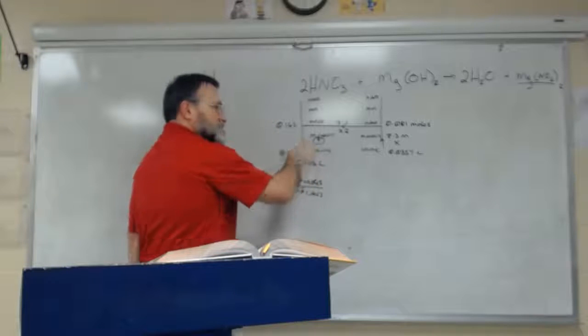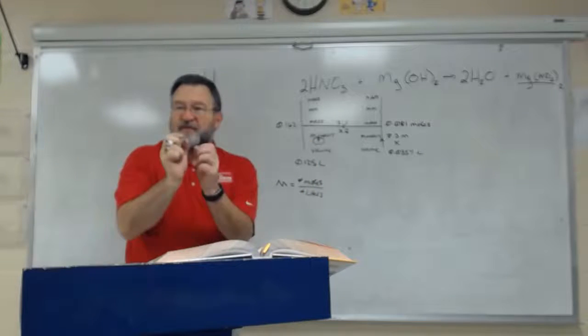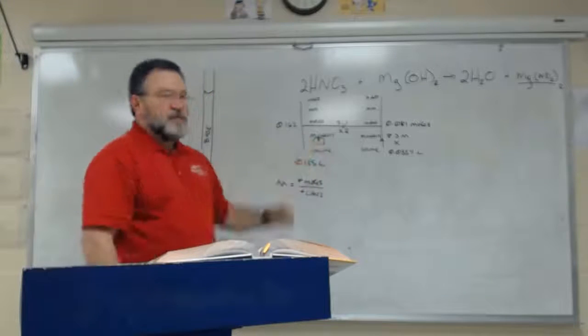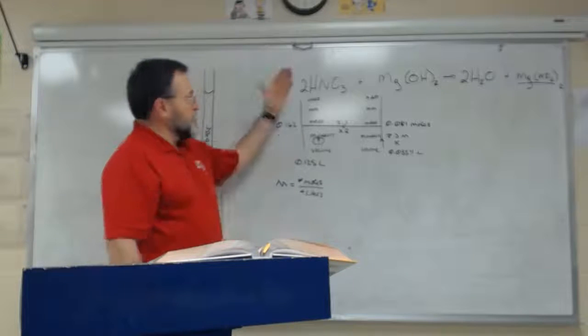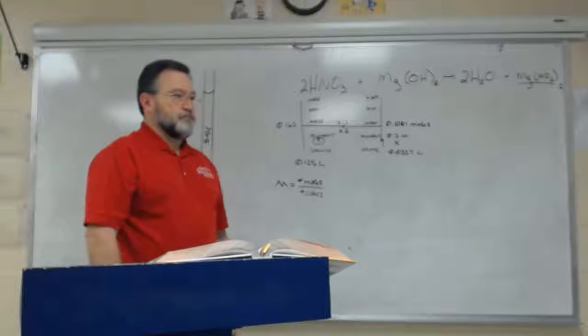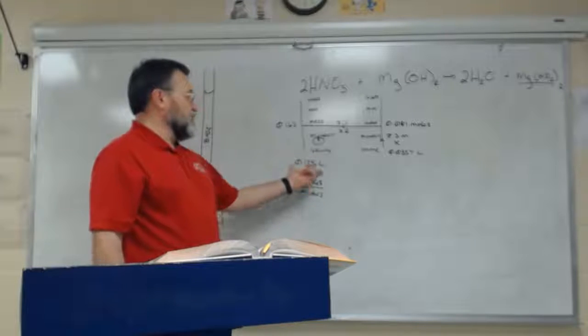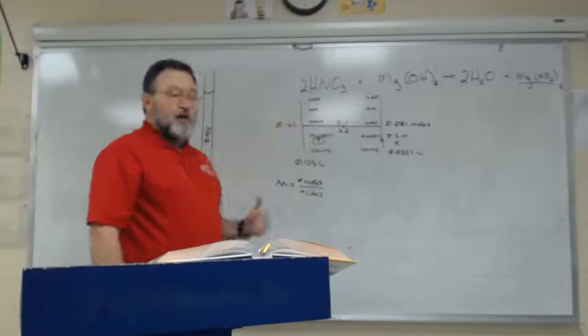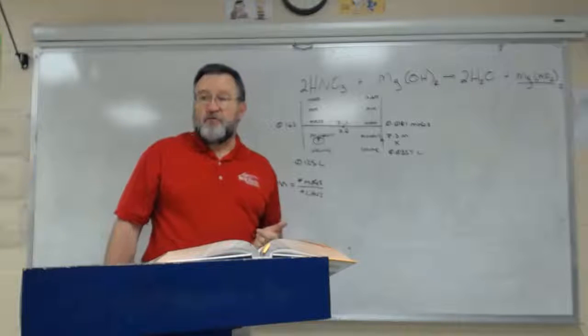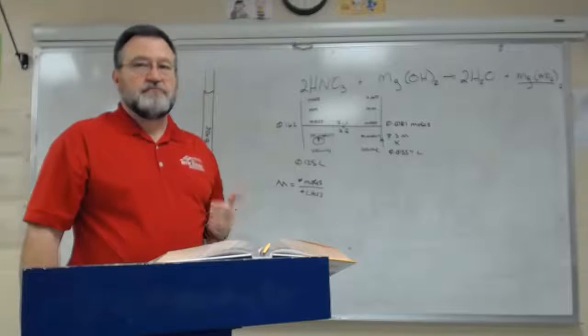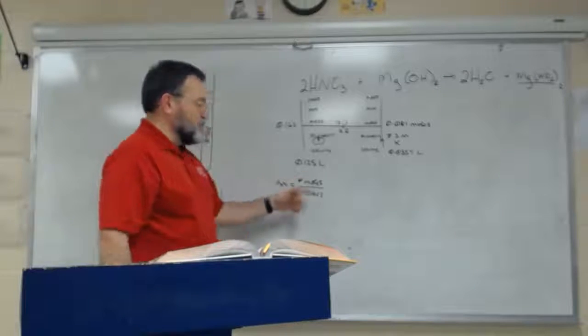That's what this piece of information is. The piece of information that I've been asked for is what is the molarity of that solution. Whatever it is, I know that when I have 0.125 liters of it, I also have 0.162 moles of that molecule. So my molarity is my moles per liter,